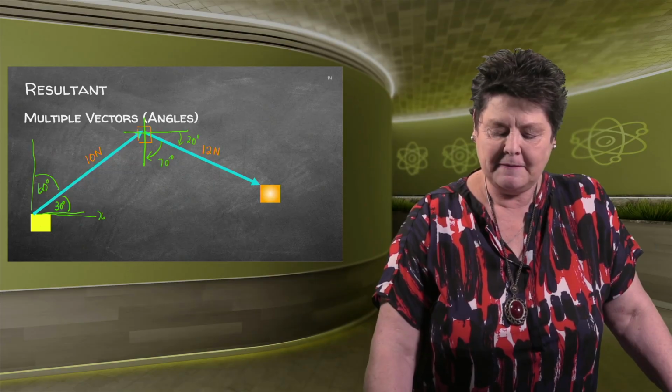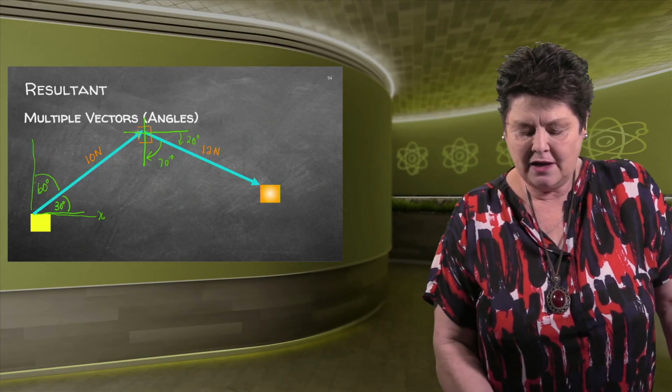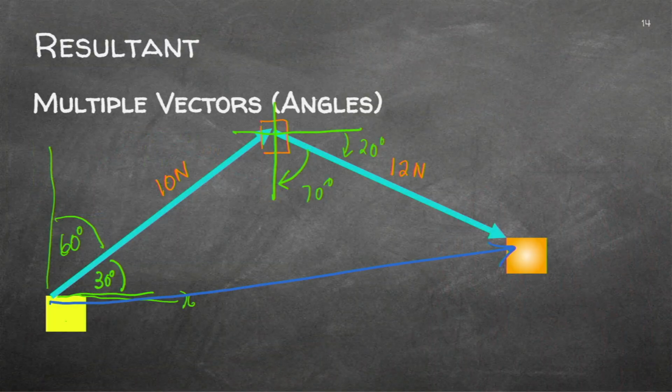Let's find the angle of the resultant now. I started at this point, I ended at this point, and now I've got to find the value. Now, I'm not going to go into the finding of the resultant's values now. I just need to show you how we will determine the resultant, and you will be able to express it as an angle as well. We'll get to that just now.